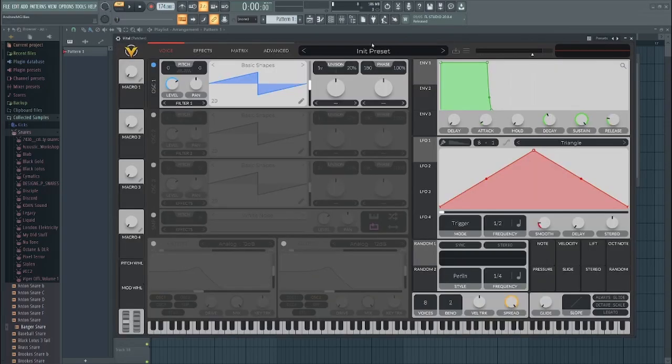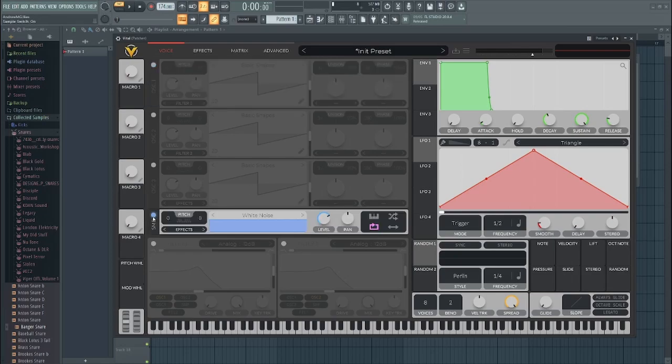So what I have set up here already is nothing more than a patcher with an instance of Vital in it. Vital is a free synthesizer. You can use anything you want. All that we need is a white noise generator. Enable the white noise and turn the level way down. We want it to be almost inaudible, and that's because we're going to pick out the frequencies from it using